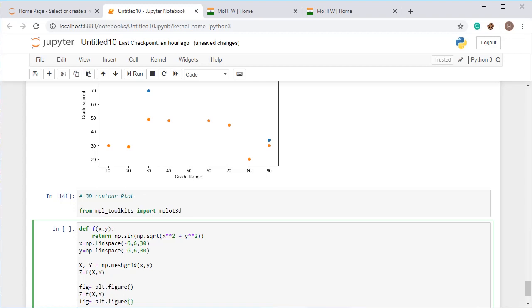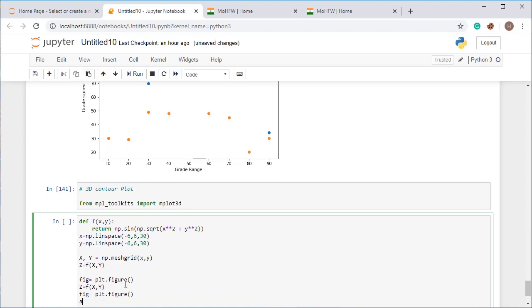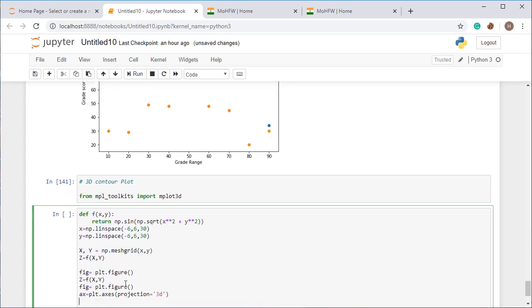All right. plt.figure(), and then ax = plt.axes(projection='3d'). It will make your projection 3D. It might not be quite understandable to you at this time because you do not have much knowledge of this library yet. So when you explore this library yourself, you will be amazed by the wonderful beauty of its different functions and features.